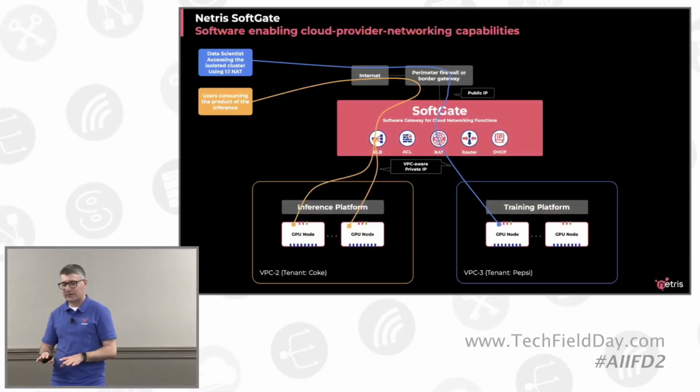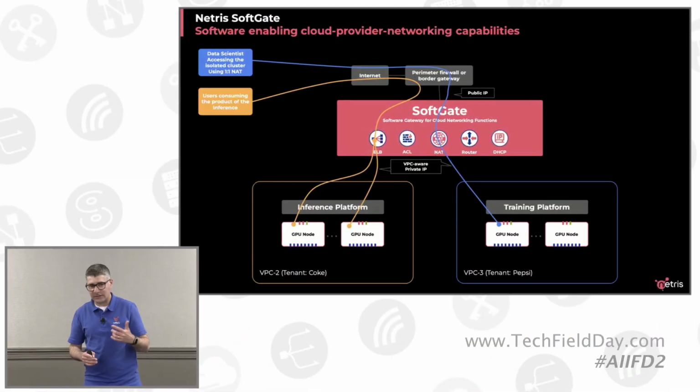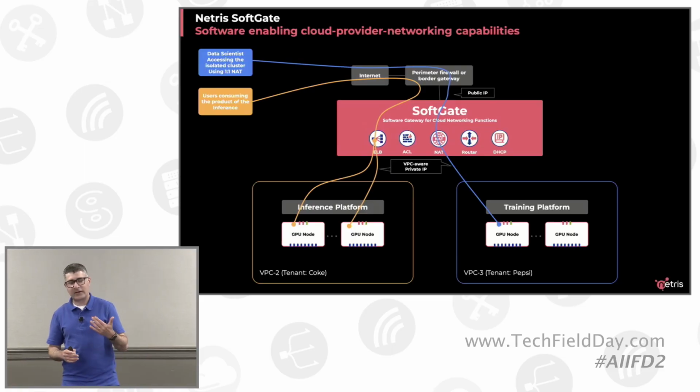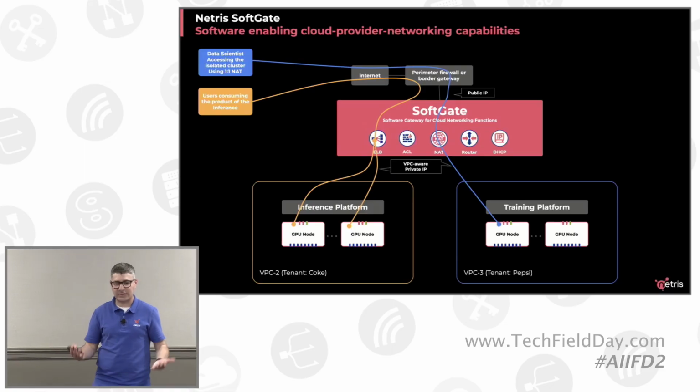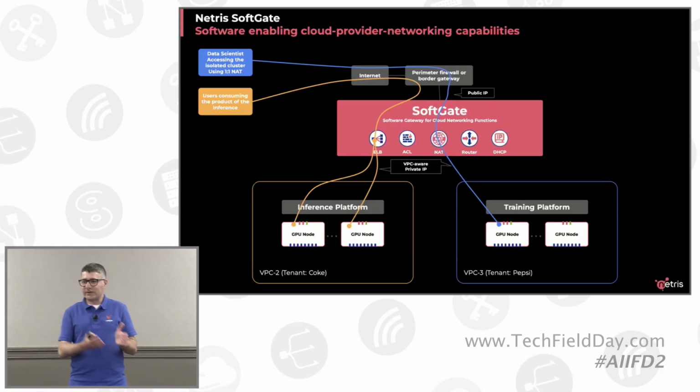Okay, and component number 2 is what we call SoftGate. Now, switch management and isolation, all that is very important, obviously, but there are some functionalities that switches cannot do, like elastic load balancers, like network address translation, like elastic IPs, and some others. Now, these functions are critically important, and one way to have these functions is to involve other products like dedicated firewalls or dedicated routers, which is fine.